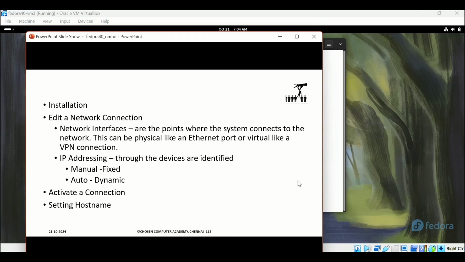Using this NMTUI tool, we can make three sorts of configuration. One is the network connection configuration. We can edit the network connections and activate them, and we can also set a host name for the system. Before going further, we first need to enable the network adapter